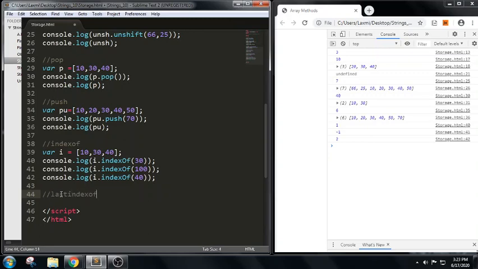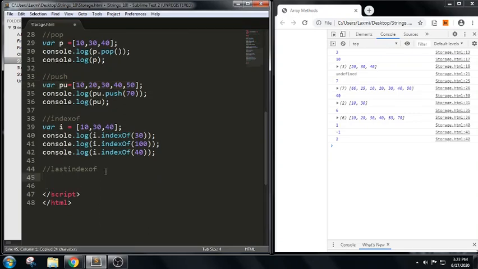Let me copy this instead of writing it again and again. So I'm trying to take last index. For example, I have written 20, 50, 60. I have written this list of array elements in this. Now in this I am trying to write a last index of